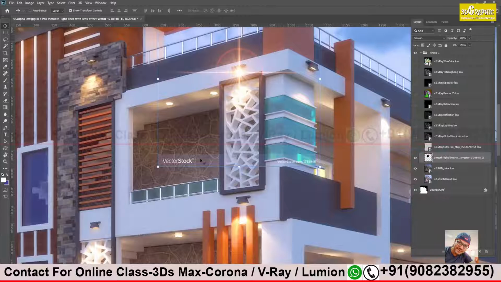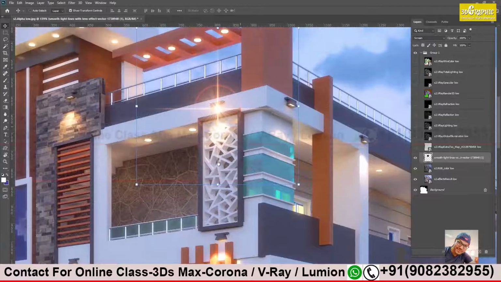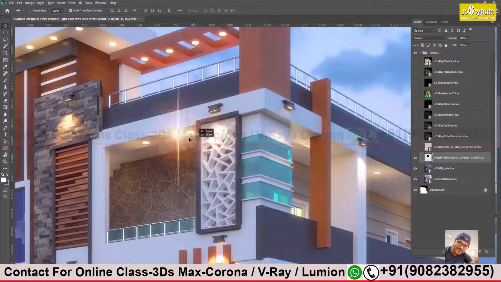Then only you will be able to edit those images. Now I will go to the selection tool, select the area and click delete. Ctrl D to come out of selection mode. Select the move tool and see, the extra unneeded things have been deleted. Now I have only my lights with me.